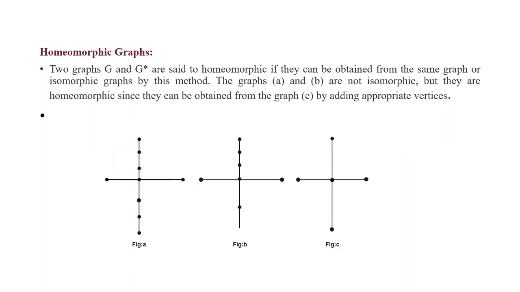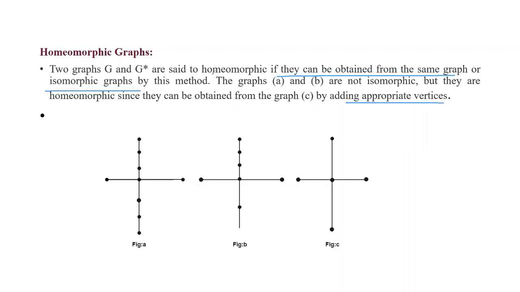The two graphs G and G star are said to be homeomorphic if they can be obtained from the same graph, or an isomorphic graph, by this method. The graphs A and B are not isomorphic, but they are homeomorphic since they can be obtained from the graph C by adding appropriate vertices. So here